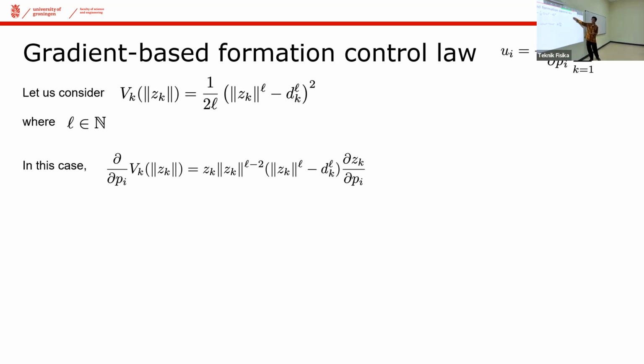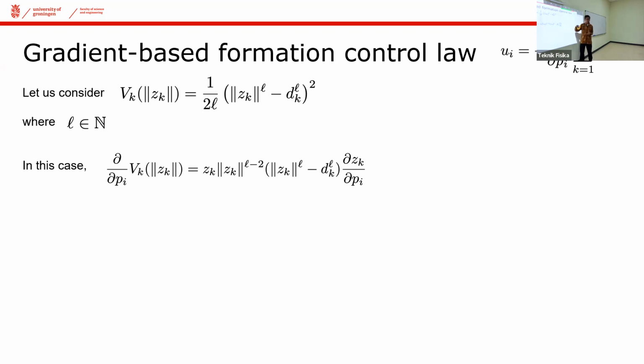And now when we take a look at the gradient of this one, it's very simple. You can calculate the gradient with respect to one of the agents at this particular edge, and that is actually given by this one, which is the relative position multiplied by the relative position's norm to the power of this. So when L equals 2, 2 minus 2 is 0, so this is gone. And then you have 2 and 2 here.